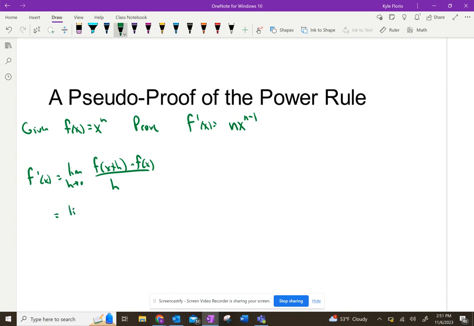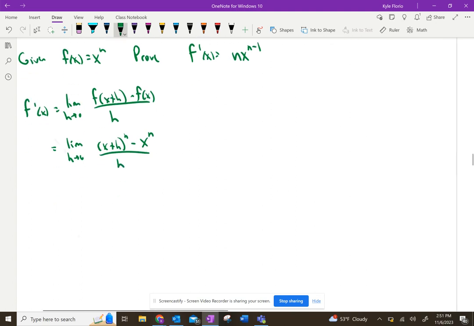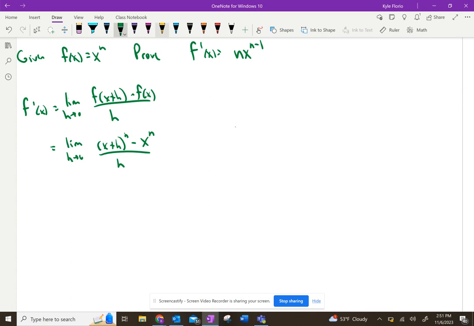And if my function is x to the n, then it becomes x plus h to the n minus x to the n, over h. So when you expand x plus h to the n, I'm just going to make this triangle again. And so this x plus h to the n part,